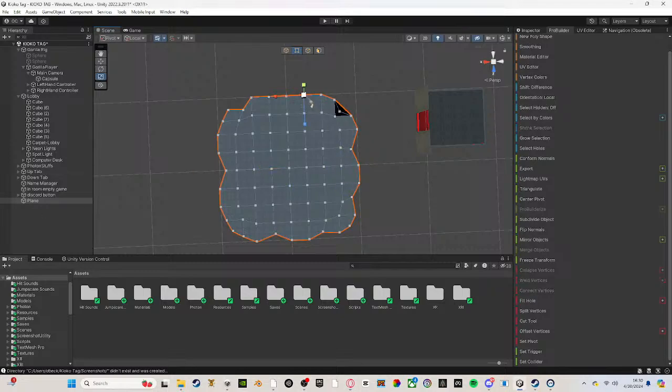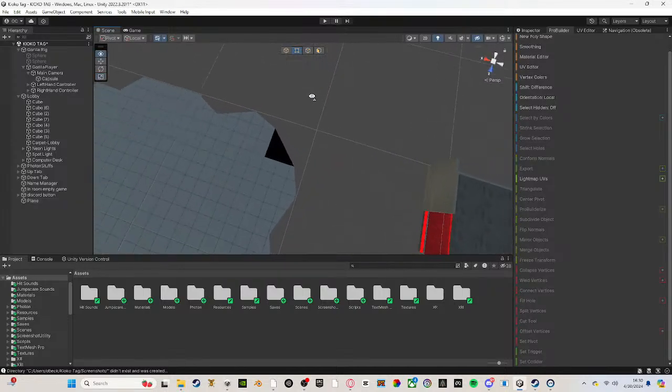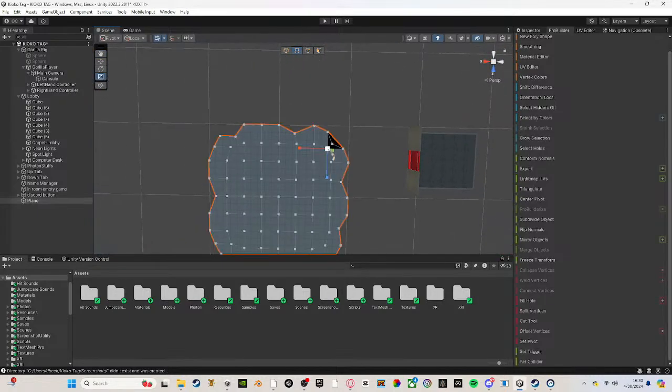So now what I recommend, if you have some walls that are flat like this, is to pull them in just a little bit or out to create a little bit of texture. For example here, I'm going to push it out. Now what you're going to want to do is just select some random vertices on the ground. So I went for something like that, and I'm going to move them down just a little bit to create a little bit of uneven